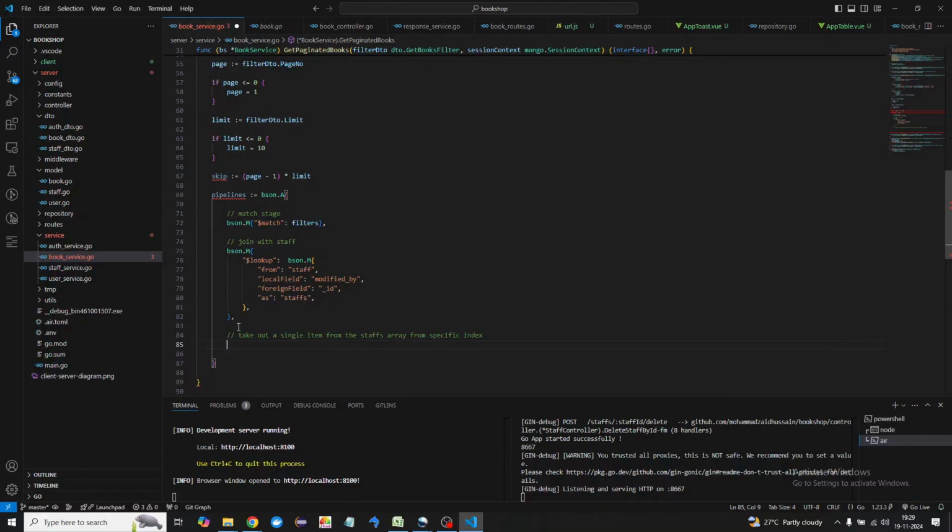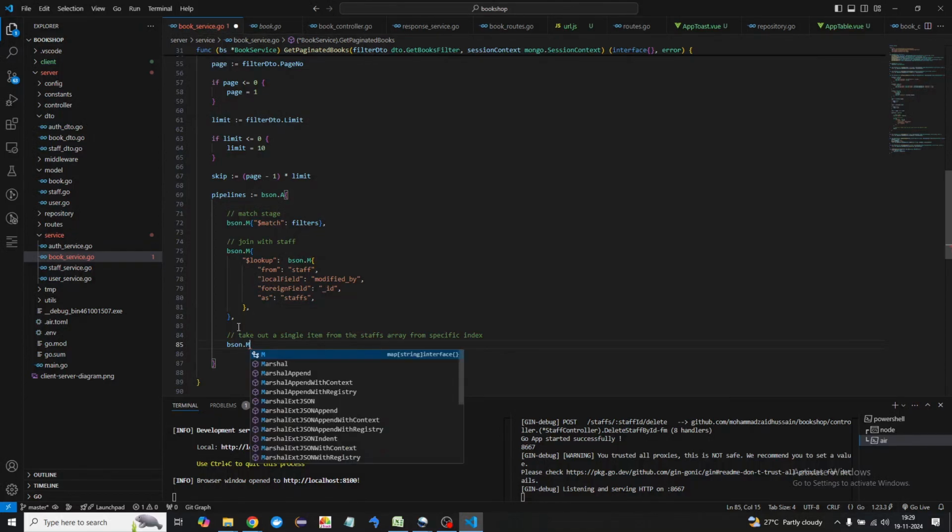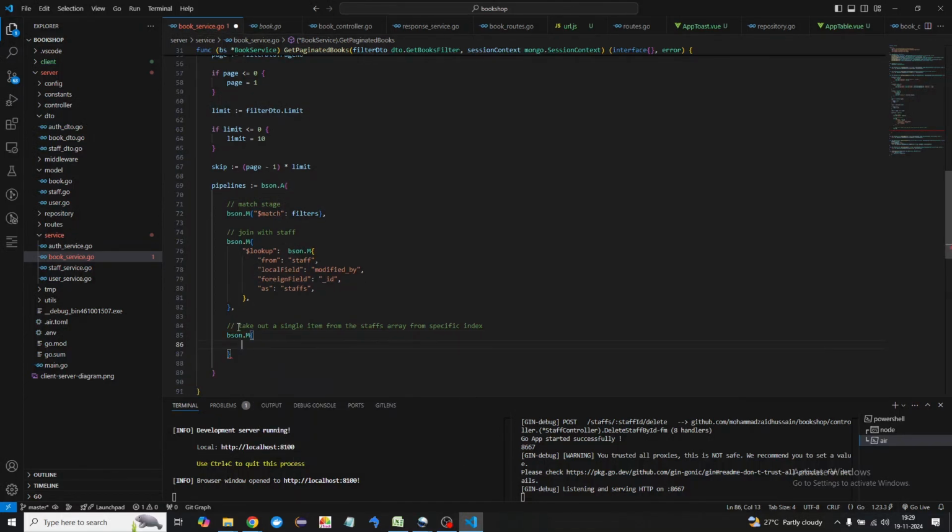So what I'm going to say here is, okay, now let's pass one more stage over here, and the stage is nothing but we are just providing a configuration, and based on that MongoDB is performing all those things, right? So I'll say, okay, now let's assume that we have those data, all right. Even though we are going to take out the single item from the array, then where we need to keep that single item, we need to keep that single item back to the original object, right? So for that MongoDB is going to say, okay, if you want to add a certain variable or certain property, you need to use one more